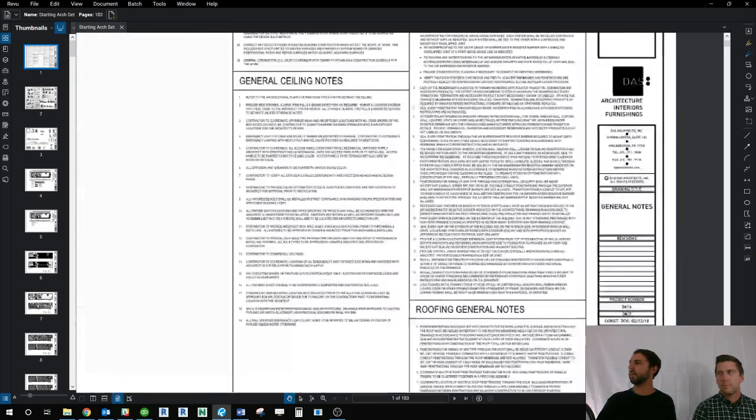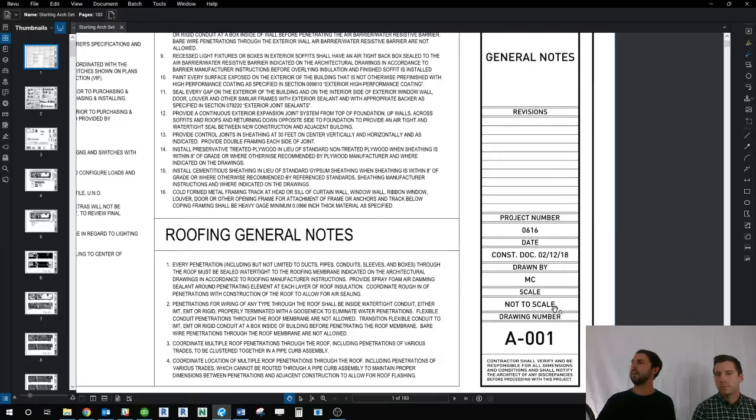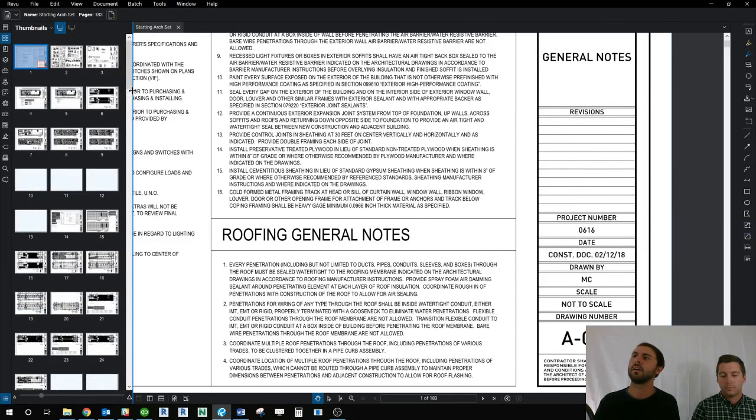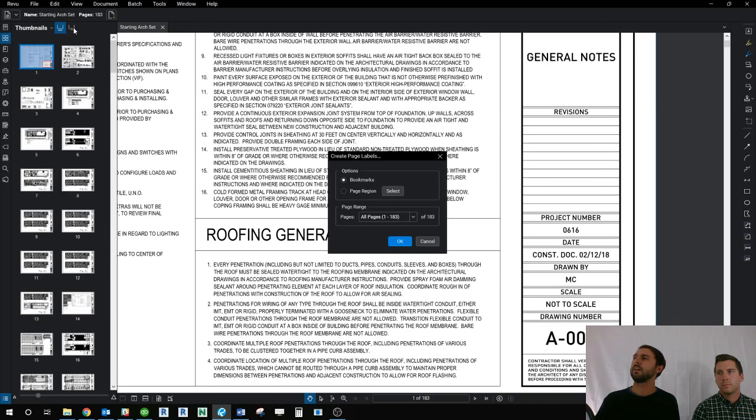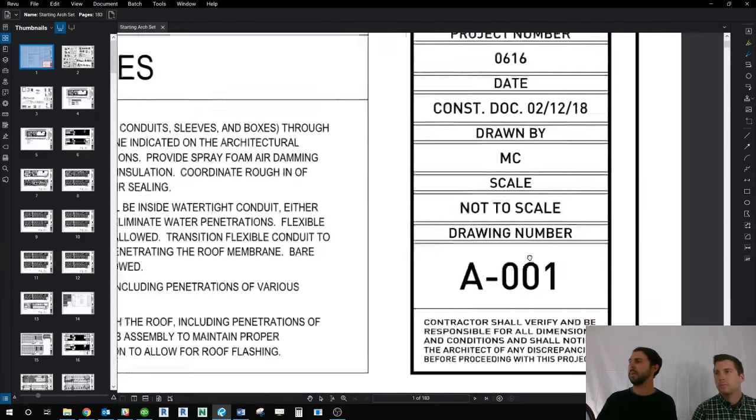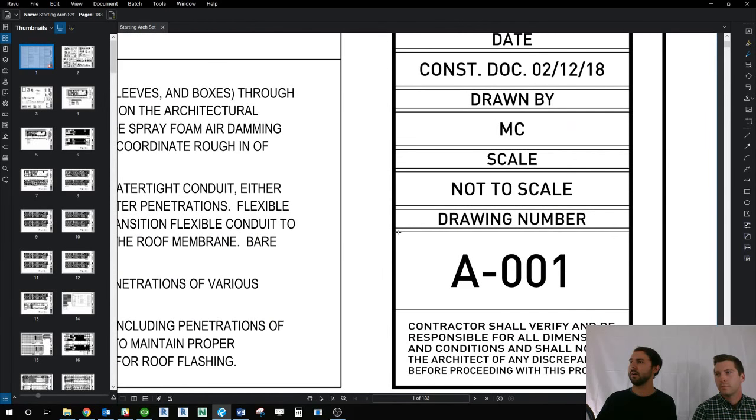So the first thing I want to do is name these drawings. We're going to utilize the information in the title block to do that. Let's see here. We're going to expand this, and then up here in the right corner, there is this asterisk. So, create page labels. We're going to select page region, select, and we're going to start with the number. So, we're going to highlight over this